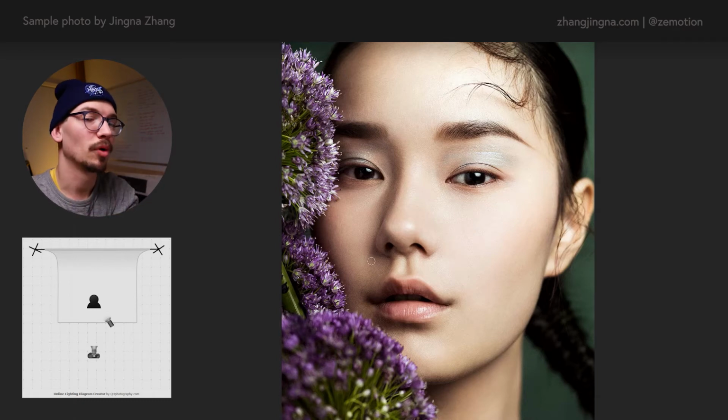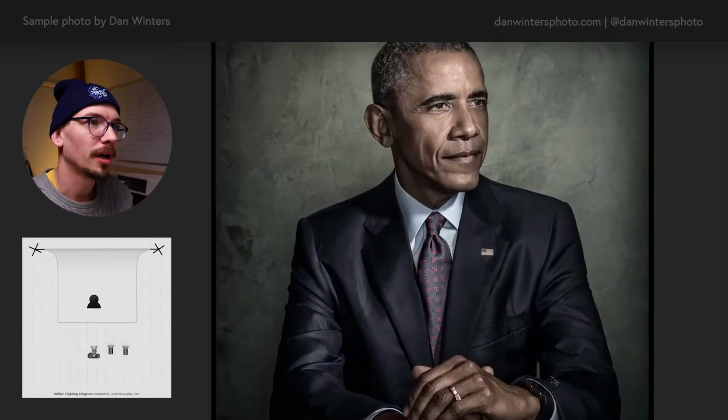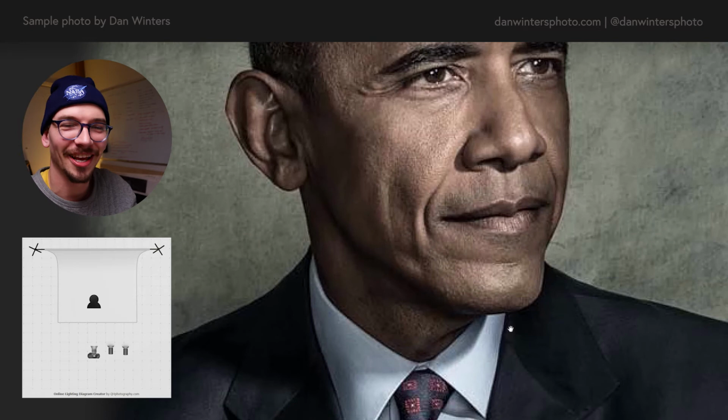So that means it's brought around near the front right of the face, looking at the subject. Now let's look at this next image. Where are the lights positioned? Are you starting to get it yet?